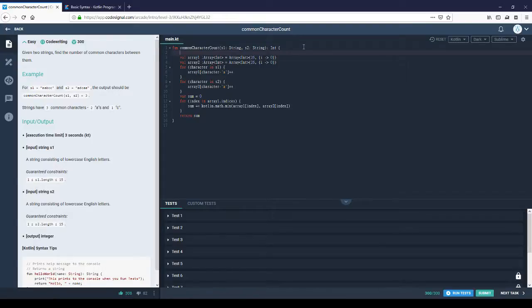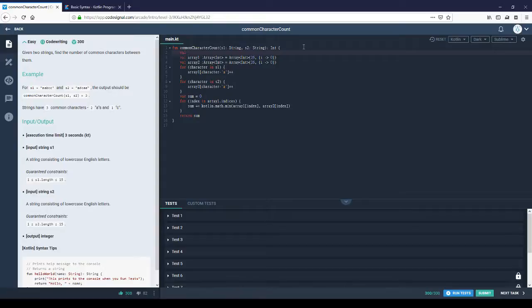Let's get started with it. I think we need to have some constant here. We want a value for the length. I don't know what the preferred best practice is for